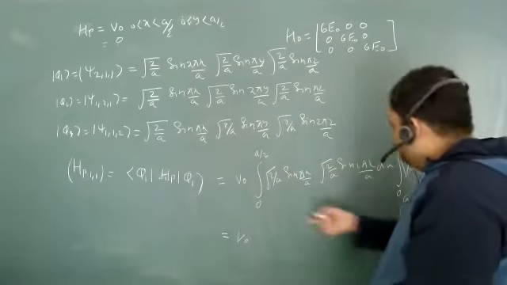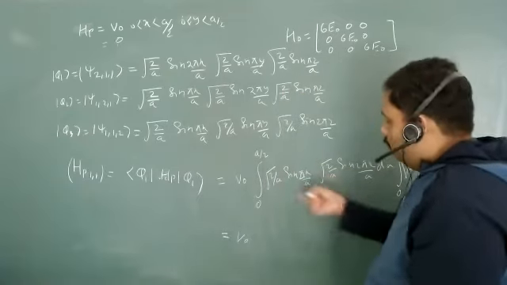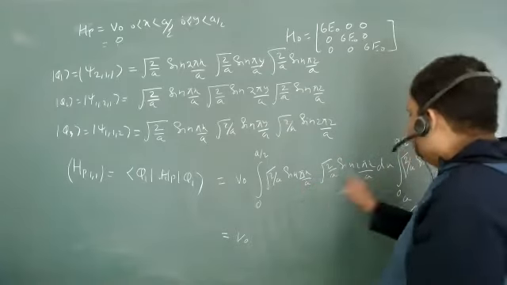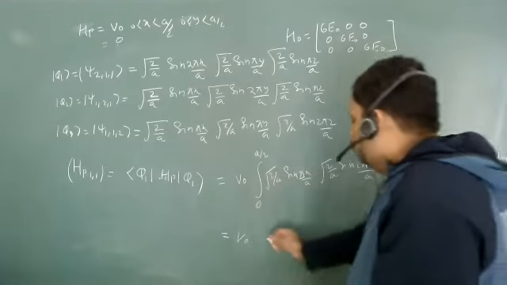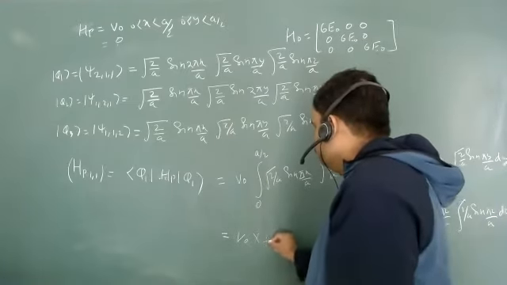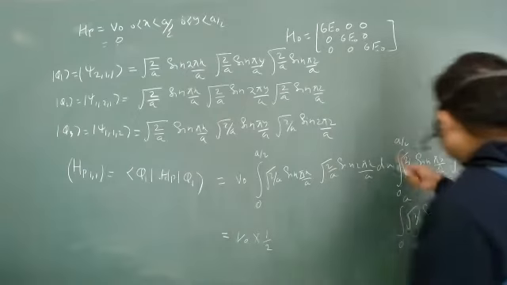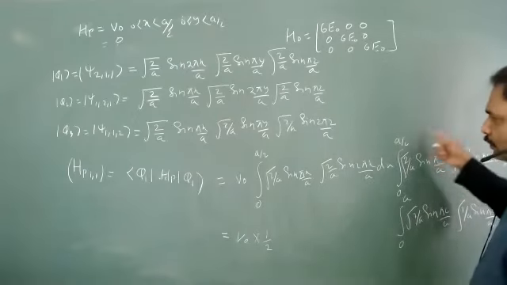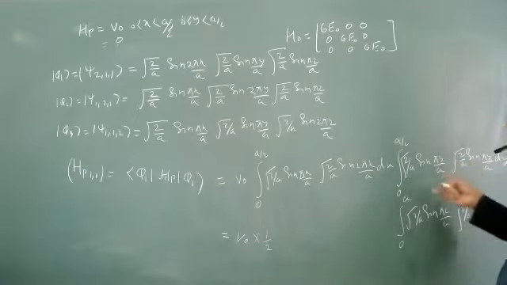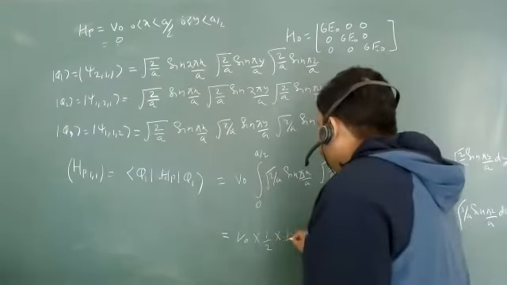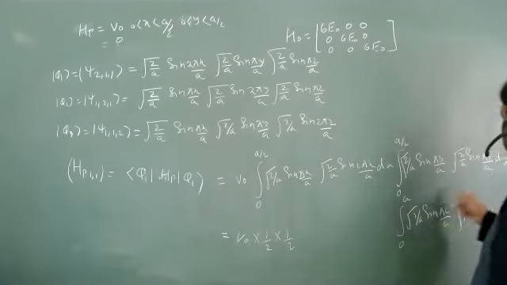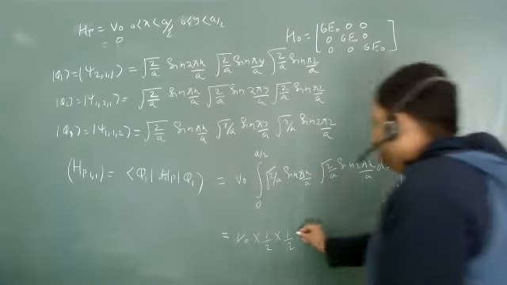And if you are not able to understand this physics, then you can calculate it. This is nothing but sine square 2 pi x by a, from 0 to a by 2. You will just get this value as half. What about this value? Half. That value is also half. What about this value? 1. Very good.